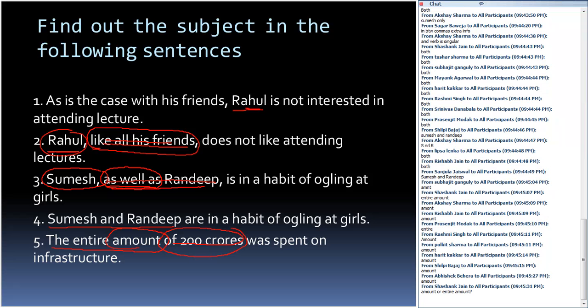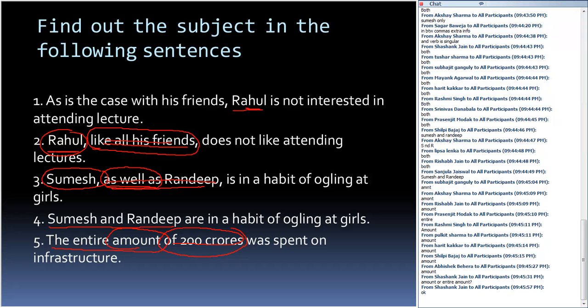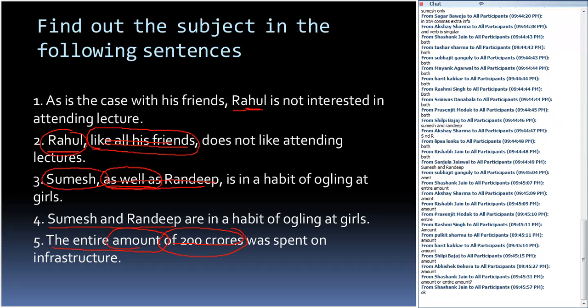Shashank, just the amount. Entire to adverb है ना? The word entire is an adverb which tells you till what extent. So subject is amount. Okay, Shashank. Normally adverbs are not subjects. Adverbs subjects नहीं हो सकते. Okay,